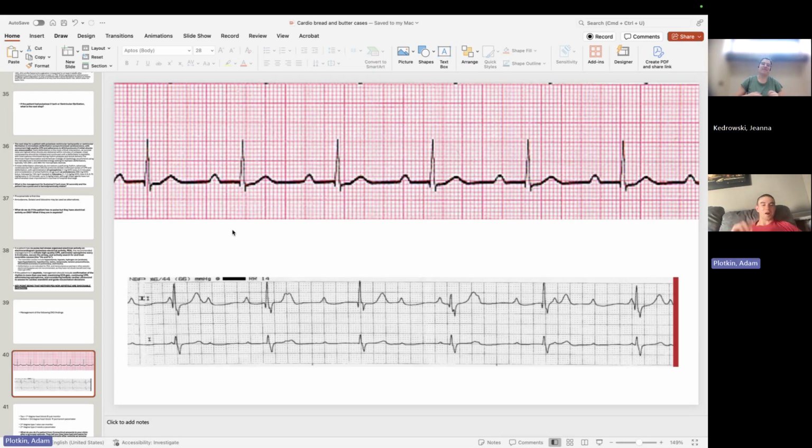Yeah, these ones are hard. So this is actually an example of complete heart block or third degree. So really what I do is I look at all the QRSs and they seem to be marching off appropriately, right at the same rate. Then I look at the PR interval or the P. Here's a P here. And if I count over 1, 2, 3, there's another one. 1, 2, 3, there's another one. Okay, 1, 2, 3. Do you see this little bump here? That's abnormal, right? So if I look at this T wave, that's what a normal T wave looks like. This looks abnormal to me.